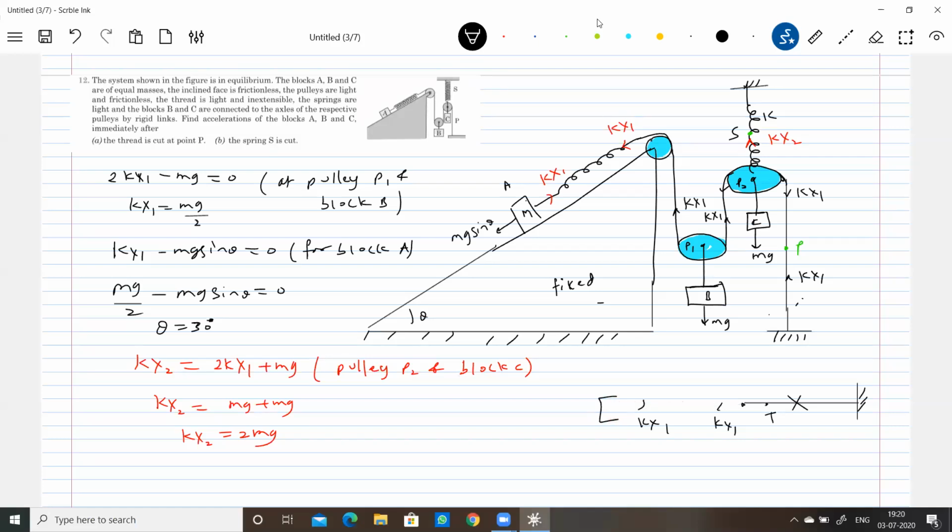Or this, you'll not understand the block. Sir, it will come back to its natural length. Yeah, that one. So what I mean to say is spring force will vanish. Okay, if it is like this, you have